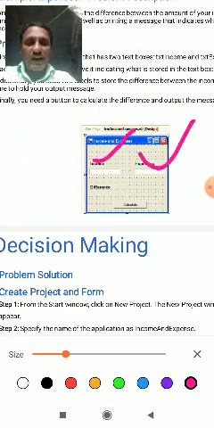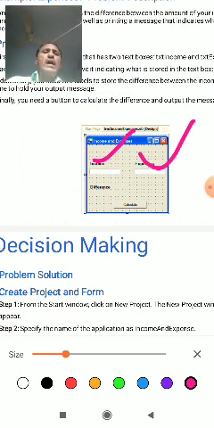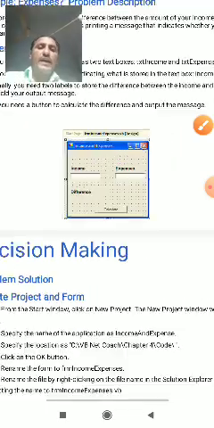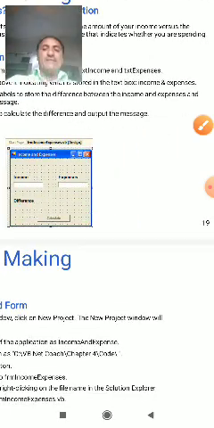So we need a calculate button and a different output, the message.